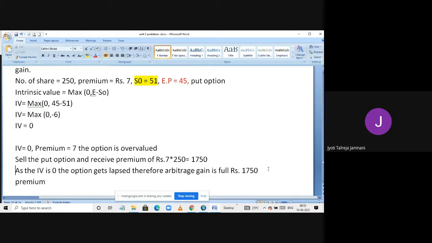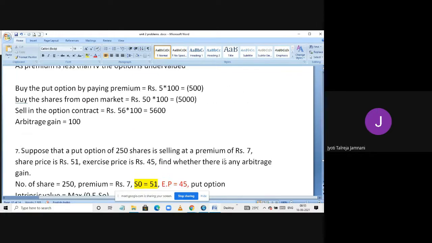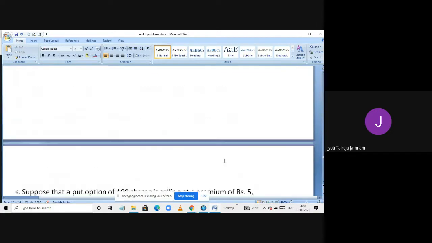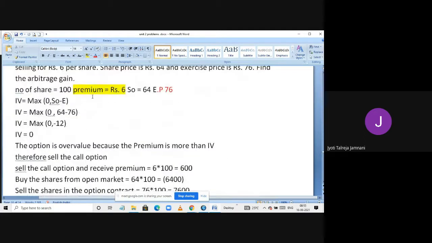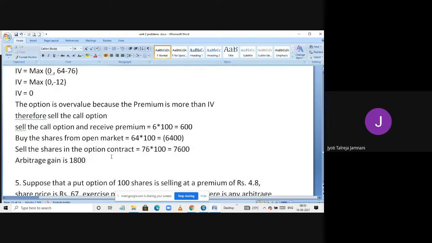I need not buy it from him for 45 and go and sell it in the market for 51. He says, I don't want to sell only to you. He'll directly go to the market and sell it. So for me, only the premium that I've received is with me, and that is my full gain. Okay, similar sum I had done for call option. We had actually solved there, even if the intrinsic value was 0. And here, see, even if the intrinsic value was 0, we solved it. And if you see, we got a gain of 1800 rupees, which is too high, because the other party won't agree to do it. They will lapse it if there is a loss.